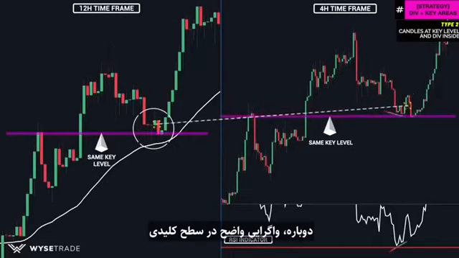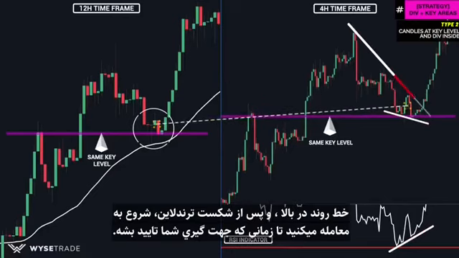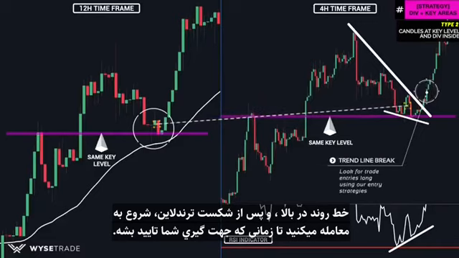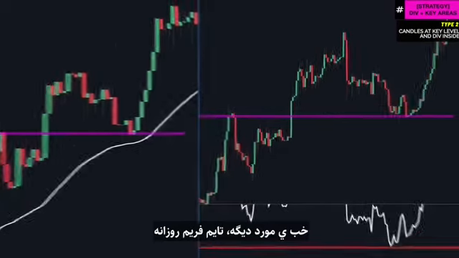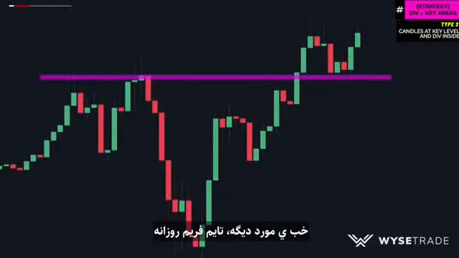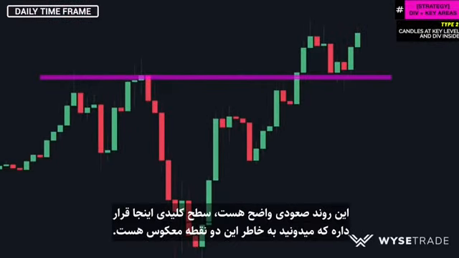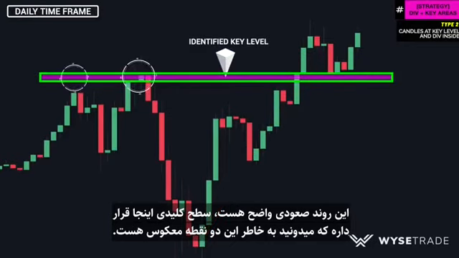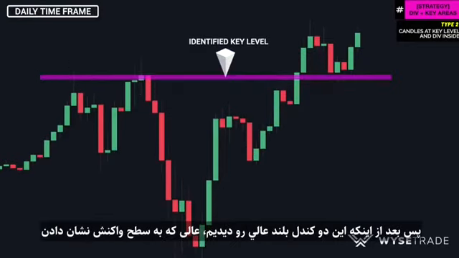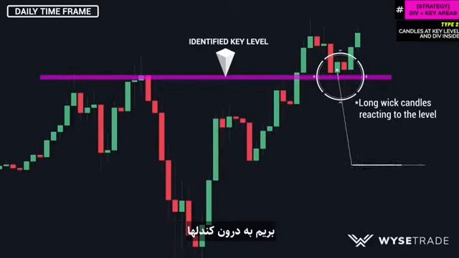Again, clear divergence at the key level. Trend line placed above, and once you had your break, you would start looking for trade entries long as your directional bias is confirmed. So one more. Here's the daily time frame. This was your clear moving uptrend. Key level here because of these two reversal points. So after we had these two perfect long wick candles reacting to the level, we wanted to look inside of them to see